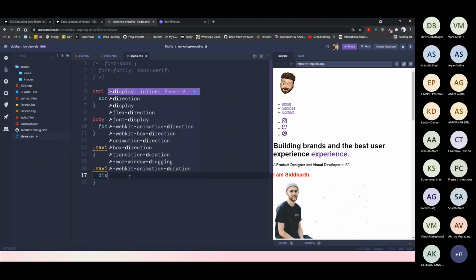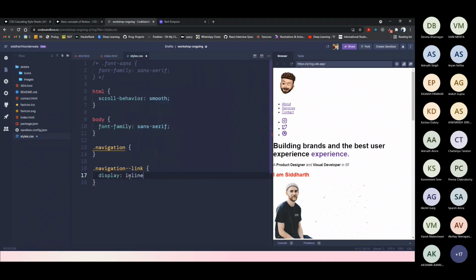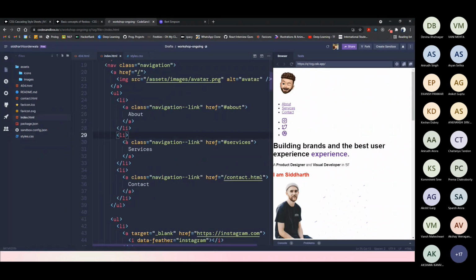Let's give it a display of inline. Nothing's going to change, and that is because we are trying to change the style of the anchor element, whereas we actually want to change the style of the list element, because that's causing the element to span across the width. So instead of this, we will